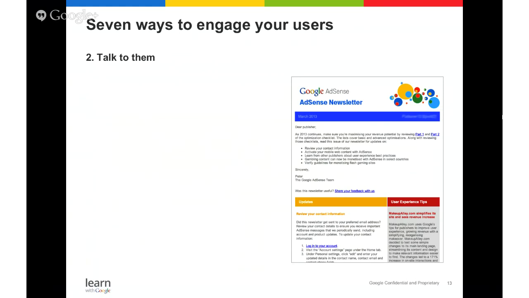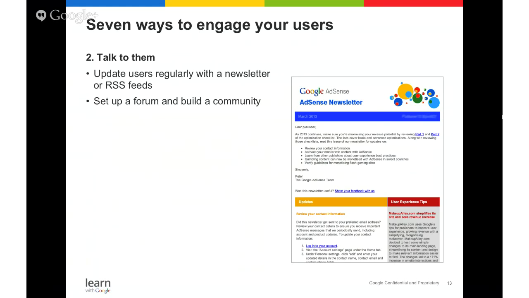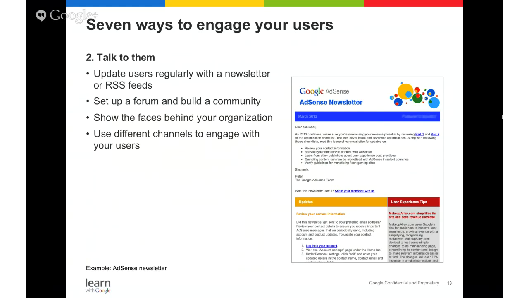All right, number 2, talk to your users. So give your users the option to receive updates or targeted content. You can send them an email newsletter, add an RSS feed, build your presence on social networks, depending on the kind of content that you're producing, and the kind of users you're working with,